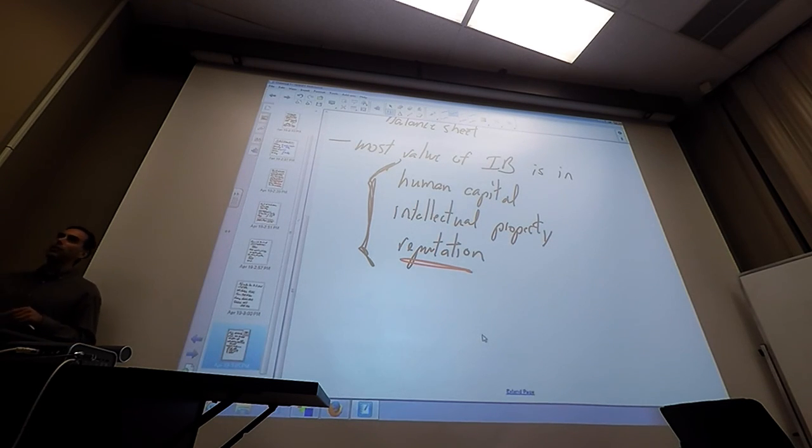And the bigger font you use to list your name as an investment bank when you underwrite a security, it means the better reputation you have in terms of how much you can get paid. And so you go into those filings and you can see which bank is listed first and how big the font is that they use, whether it's 12 point or 14 point. And there's this whole pecking order of who's allowed to use what font size.